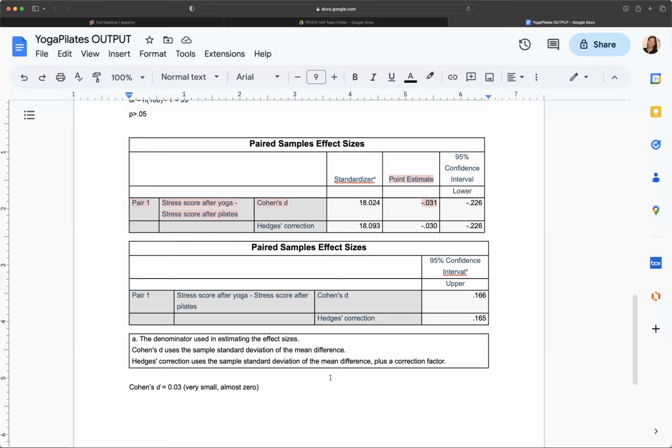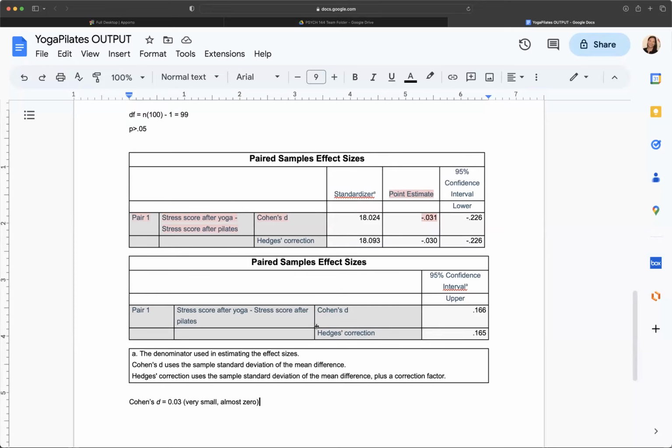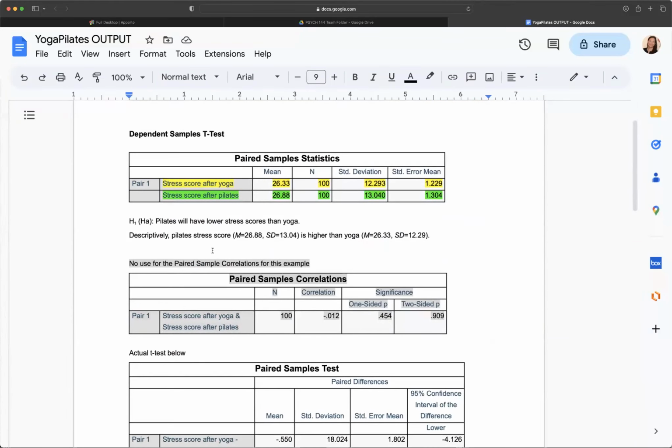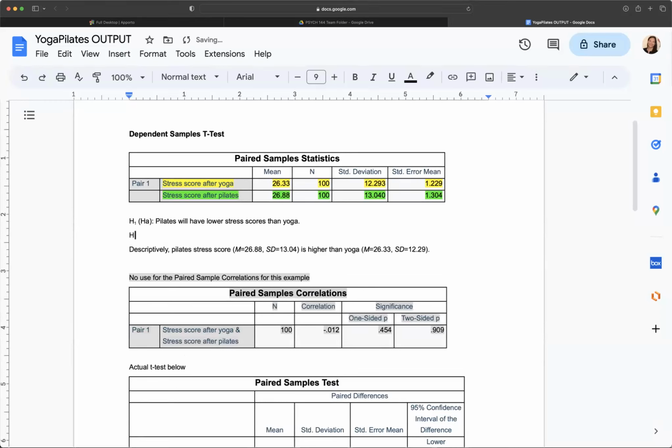So in this example, you would fail to reject the null hypothesis because, going back up to the top here, if our alternative hypothesis is that Pilates will have lower stress scores than yoga, our null hypothesis, or H sub 0, which I'll just copy, is that Pilates will not have lower stress scores than yoga. And based on our findings,